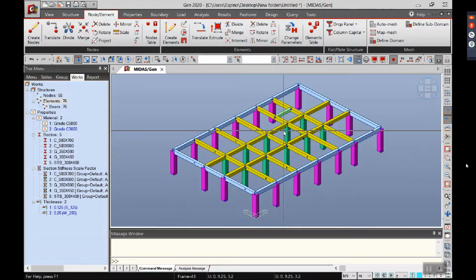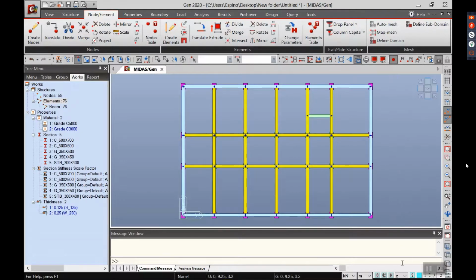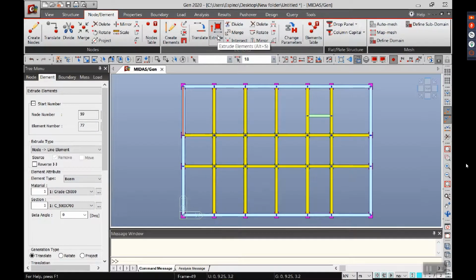So after we have changed the color of our section, we can now create our wall. To simplify this, I can just go to top view, and again, I can now set the selection filter as none. So we can now create our wall using again the extrude option. So extrude, using select single, I can select these elements that I will have to create the wall. So going to line and the element tab, I don't want to remove the beams, so I want to retain the beams